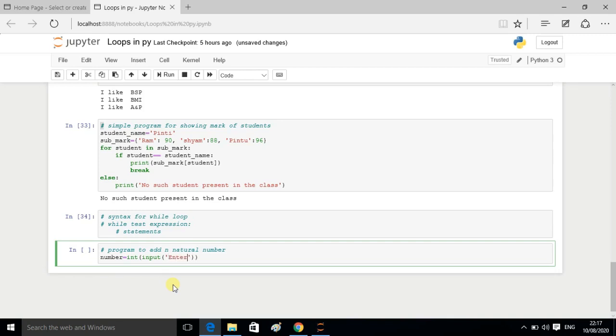Okay, here int means we have to enter an integer. Otherwise, if we enter a float also, it gets converted into integer. Okay, then